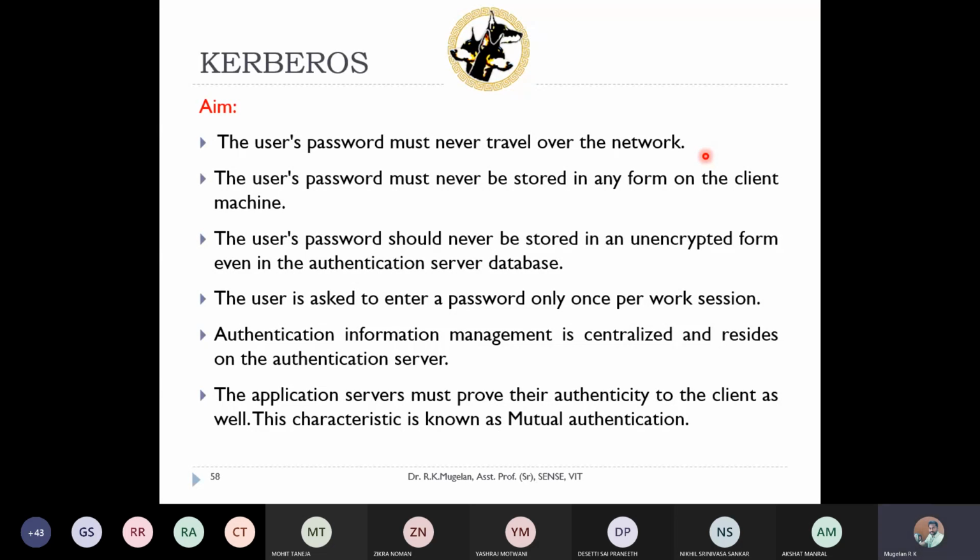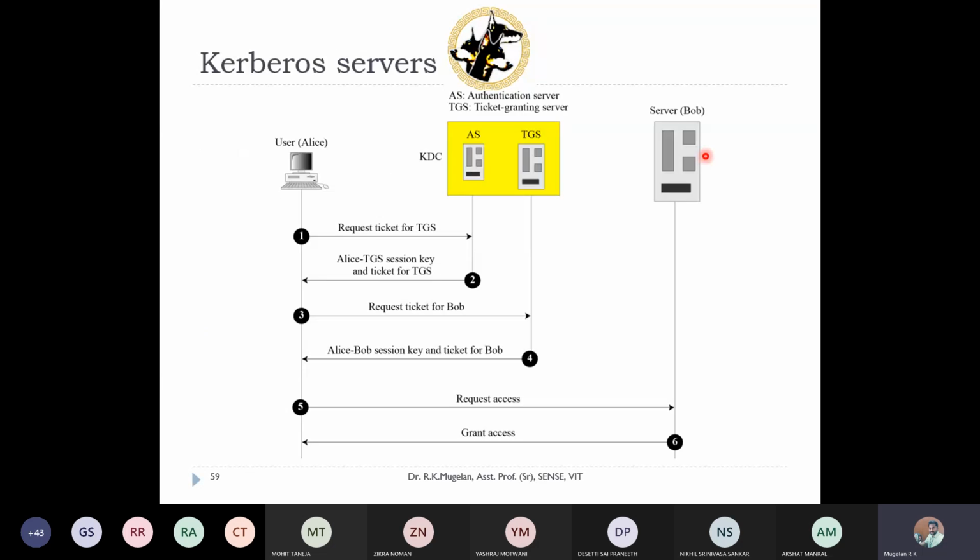So if we see the outline of how a Kerberos server will work, the KDC has two parts, which is new compared to other protocols. We have seen users, that's the client and the server, and the KDC. Inside the KDC, we have two servers called the authentication server and the ticket granting server.